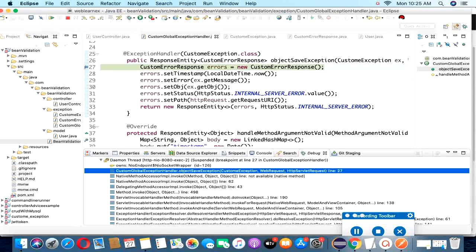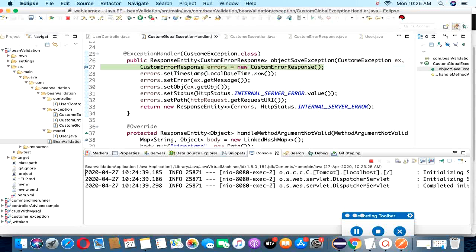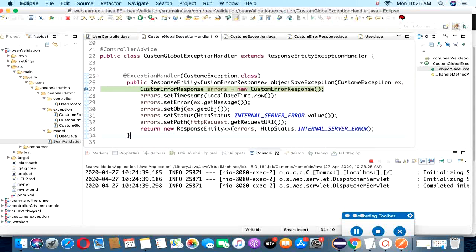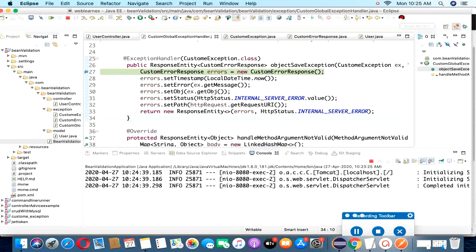Here you can observe it is sending the request to this custom exception, whatever I added in my ControllerAdvice code. So whatever formatting I did, it will show the output according to my formatting. So it will show the message, object, status, and path of the URI.